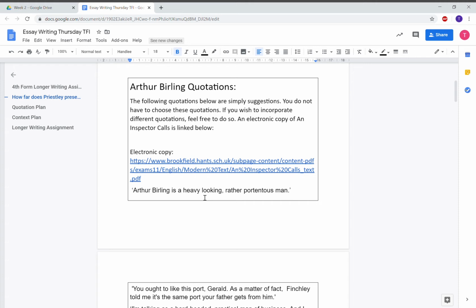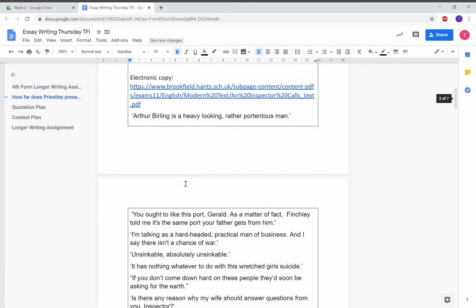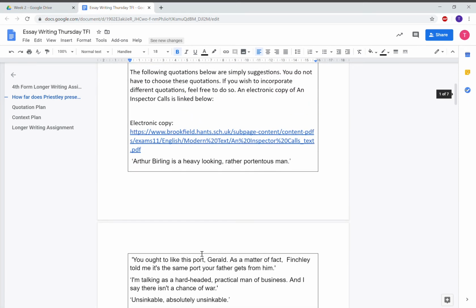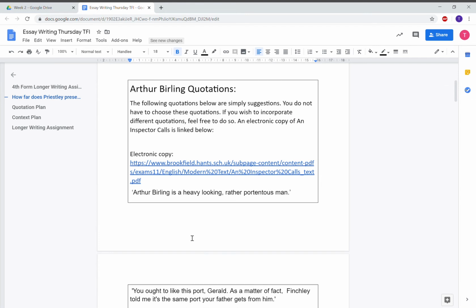This is just our way of checking to see how much you remember from the play, and also just to remind us of where we need to work on with you in terms of getting those grades higher and higher, okay? If you don't like the idea of using these quotations, or if you feel as though you've got a fairly good understanding of the play, maybe there's a quote in the back of your mind that you want to use for Arthur Birling, or maybe you're going to do some research on the internet, you're going to